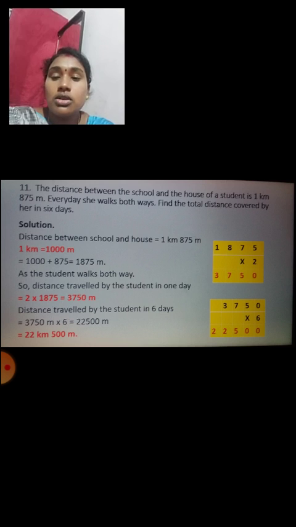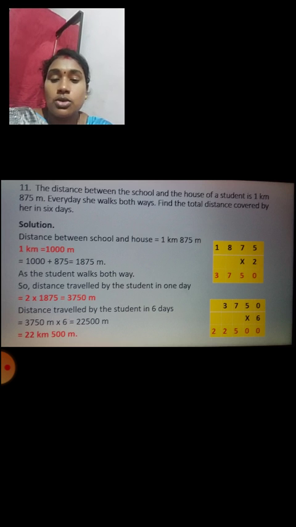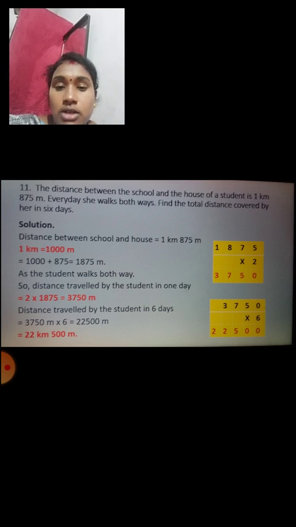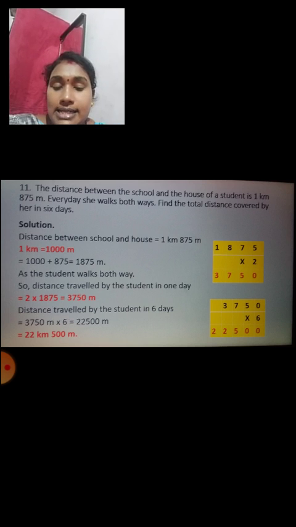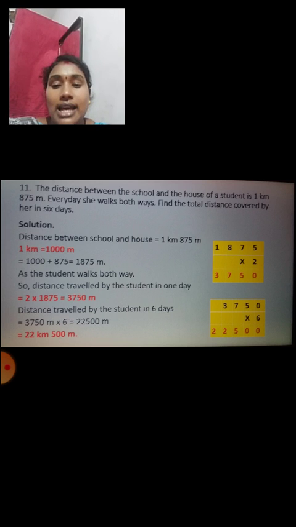3750 into 6. So when 6 is multiplied by 0, it gives you 0. 6 5s are 30. So 0 down and 3 carried over. 7 6s are 42, plus 3 that is already carried over, so we get 45. So 5 will be down and 4 will be carried over. 6 3s are 18. Plus we have to add whatever is carried over. So it becomes 22. So the answer is